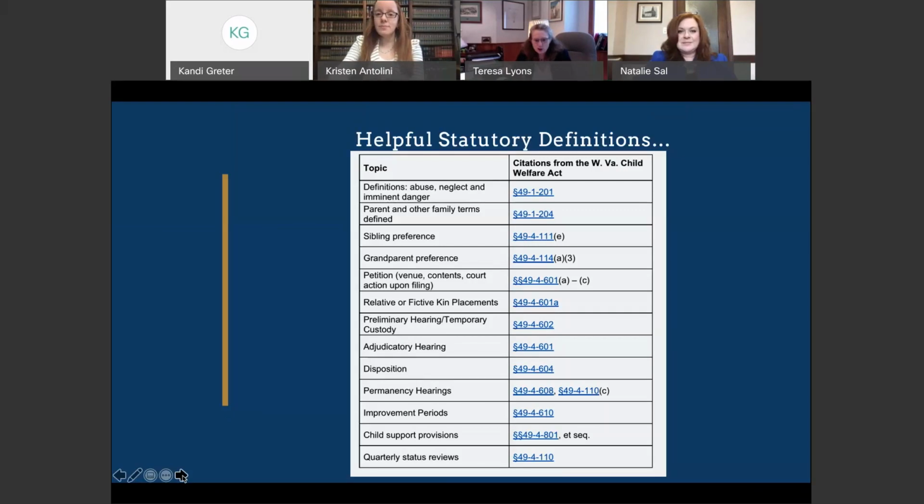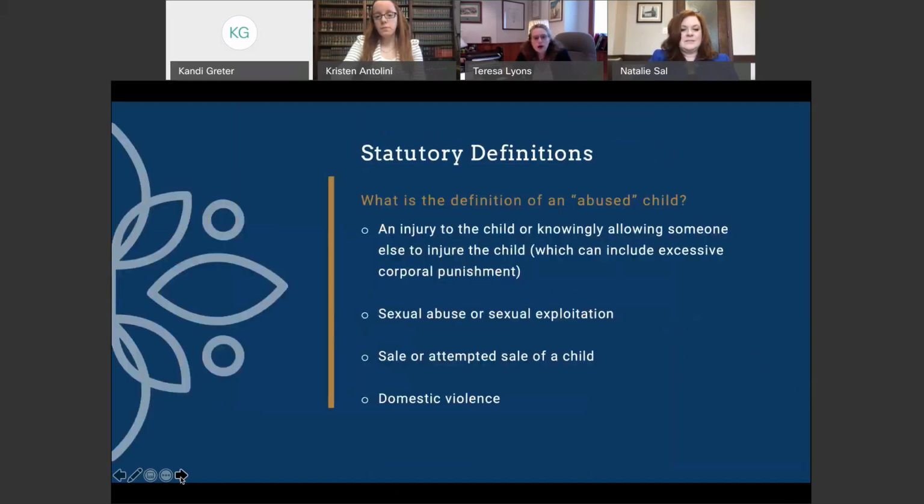with regard to helpful code citations, there's a chart at the beginning of the bench book that outlines the most commonly used code sections for abuse and neglect cases. It's a handy reference, and we've put it in the presentation because it's so helpful, and it's just a quick reference. With regard to statutory